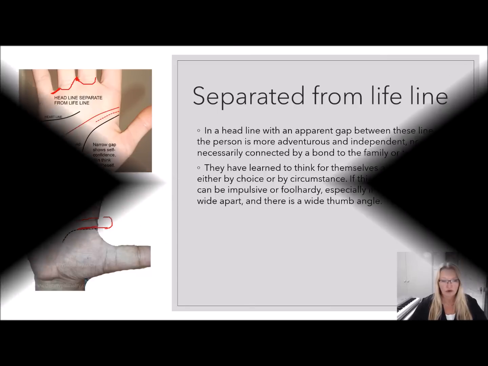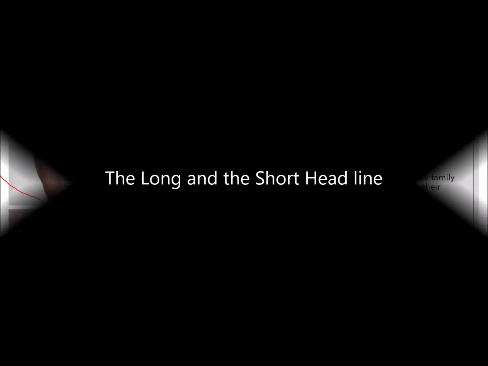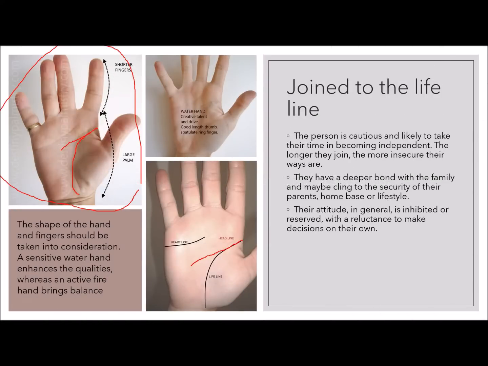Now, moving on, it's a little bit more common to have the headline joined to the lifeline. These types of people are likely to take their time becoming independent. The longer the join is from the edge of the palm, possibly the more insecure their ways are. They may have a deeper bond with the family and maybe cling to that security of the parents' home base